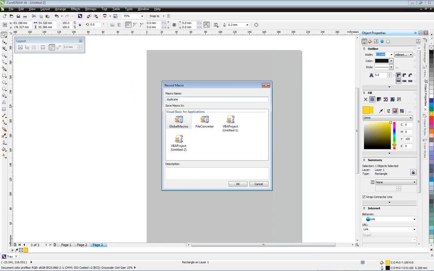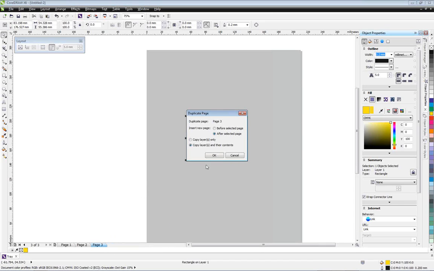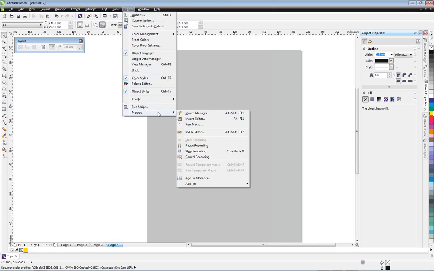Folks, I've got no idea if this is going to work or not. Save it in Global Macros, and if I now duplicate the page and copy the contents, I've now got 2 pages. If I stop the macro now,